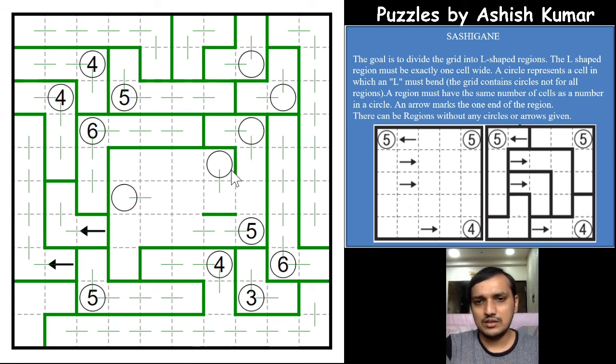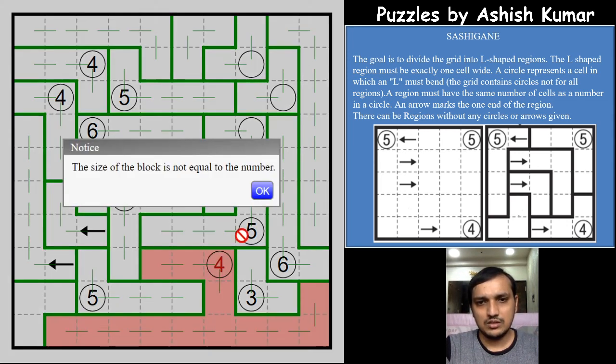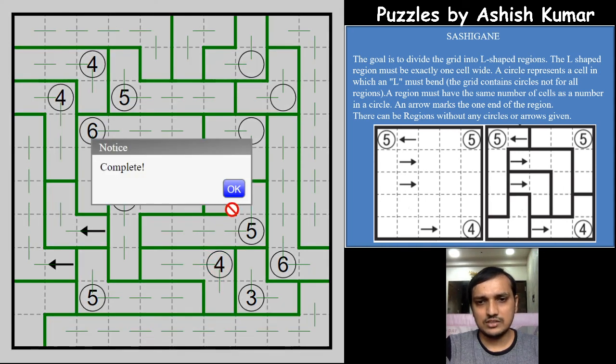This circle forms an L here, which makes this circle form an L. The 5 at least should have this cell. So 1, 2, 3, 4, 5, right? Let us extend this cell to form an L-shaped region. It cannot go towards the right. So it has to extend, and it has formed an L here. So 5 is also completed with this cell, and if you see, this cell has to extend with this circle to form an L, and this cell has to extend with this circle to form an L. Okay, just a thick line has to be marked.